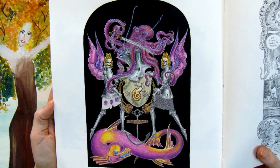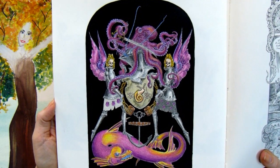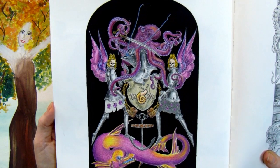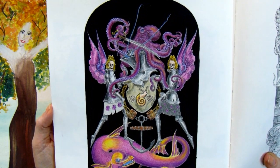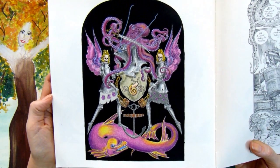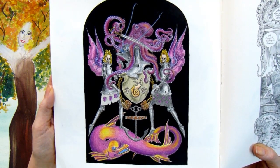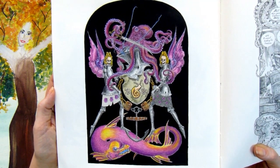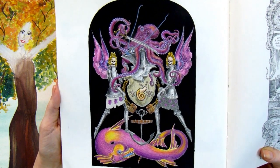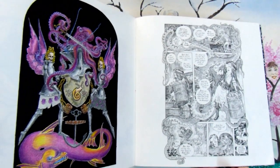Nothing really complicated about this picture. Everything done with color pencils, and the background is done with acrylic painter. And I used different color pencils, even the budget ones, a Lyra Groove. I still have those ones, and I thought, why not to try them here, and they work quite nicely. So that was my octopus,